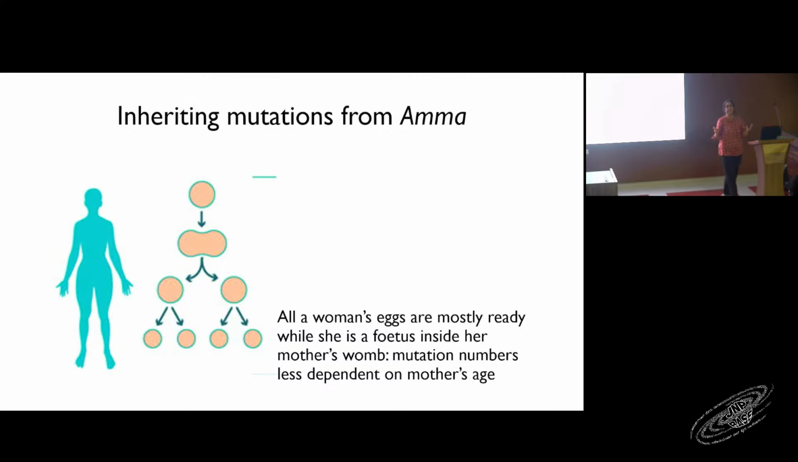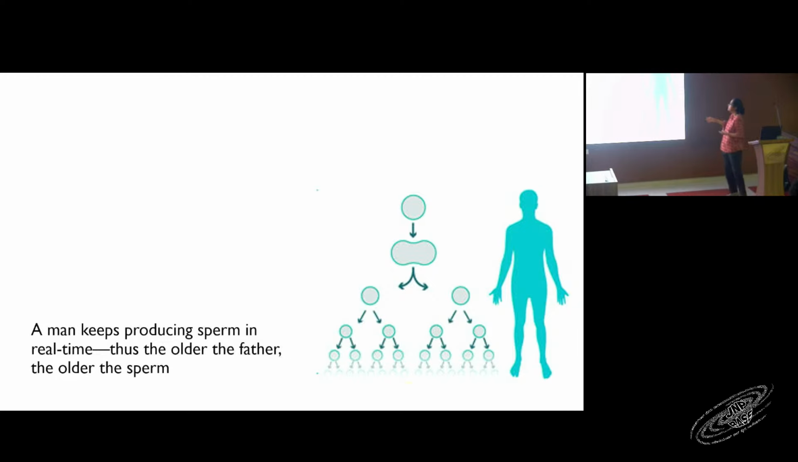So what happens is all of the eggs I will ever produce in my entire life were produced when I was a fetus and frozen at a semi-permanent stage. So essentially, my age does not add to the eggs' age because they're already produced when I was a fetus, right? So that's why maternal age has less of an effect on mutation rate, whereas for men, sperm are constantly